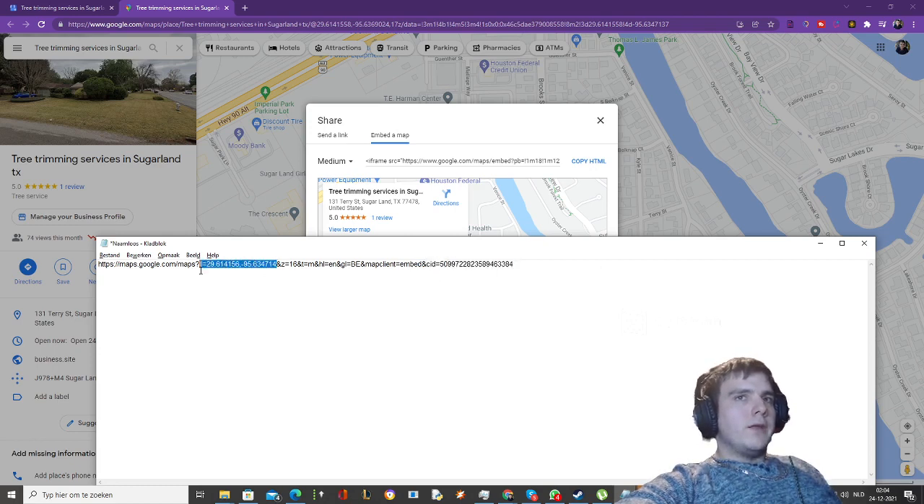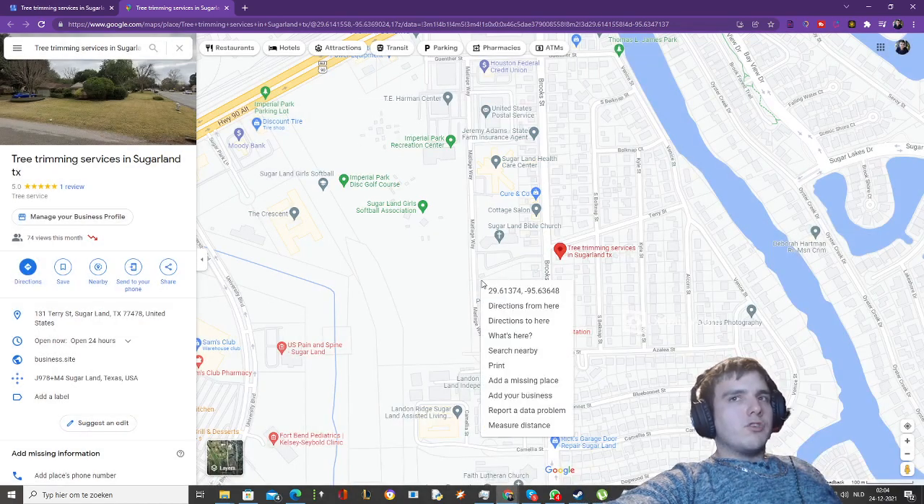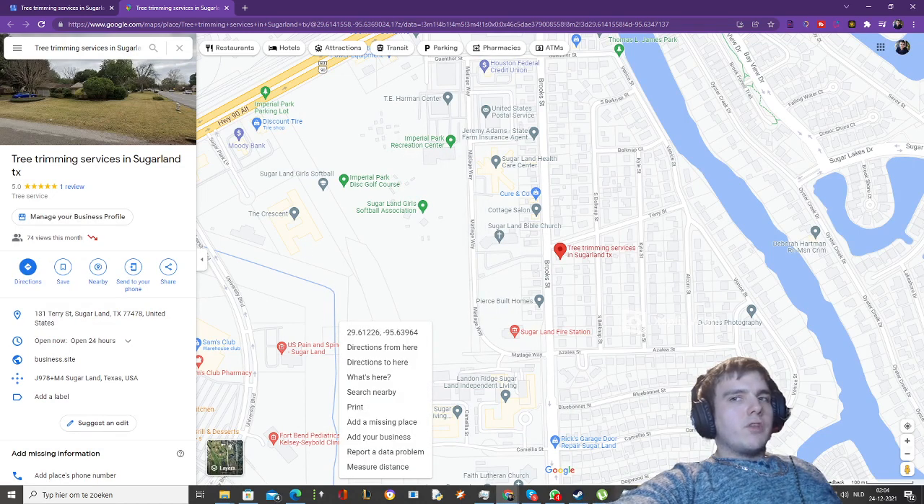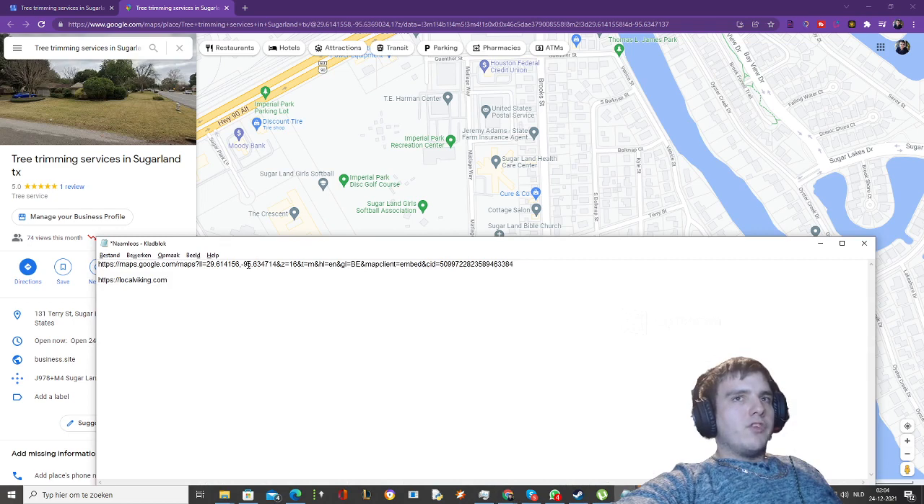If we look here, these are the coordinates. We can change these coordinates by using stuff such as localviking.com. They can generate geogrids, and we can gather locations or coordinates. If you don't have that, you can just right click and check it out, and you can right click and thus change the coordinates with the ones here. And if you then head back to